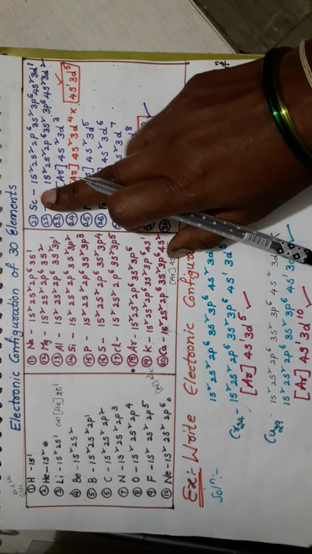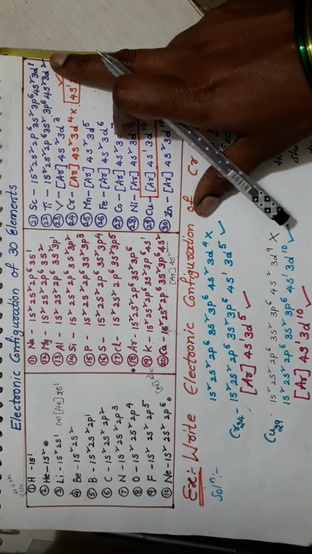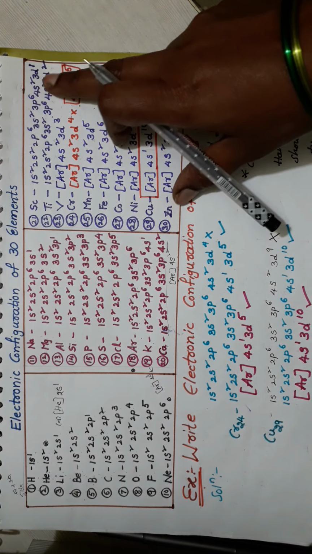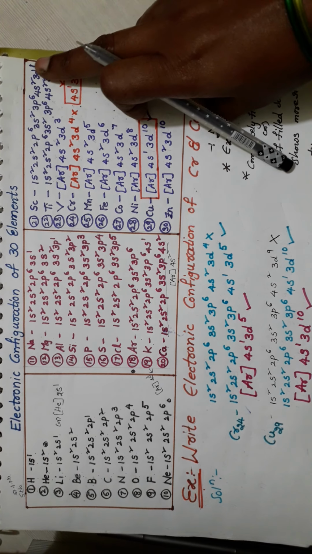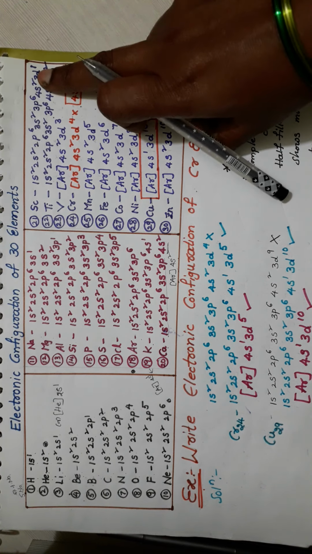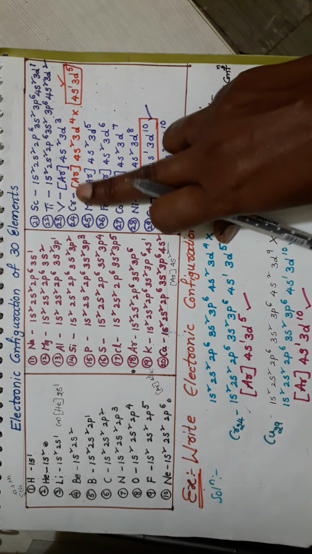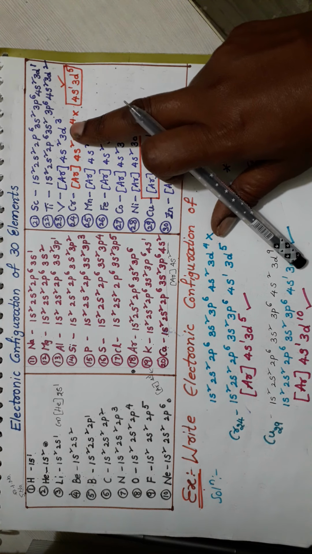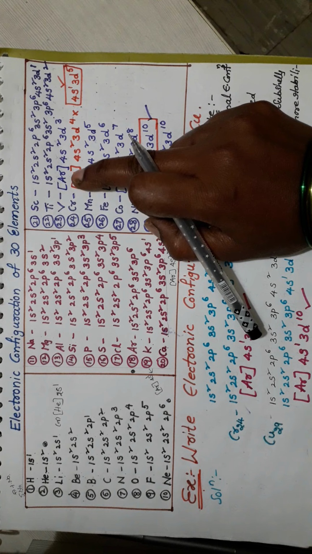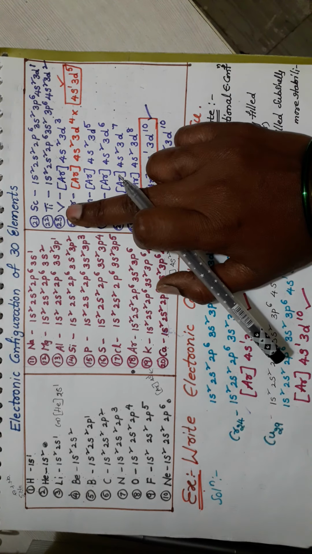So if you take scandium: 1s2 2s2 2p6 3s2 3p6 4s2 3d1. Okay, so for all these elements it is the same, but in the outer orbital, the d orbital numbering increases. D1 for scandium, D2 for titanium, D3 for vanadium. Here I wrote like this shortcut form: vanadium, argon configuration 4s2 3d3. Argon is nothing but 18 electrons, 18 plus 2 is 20, 20 plus 3 is 23. This is a shortcut form.